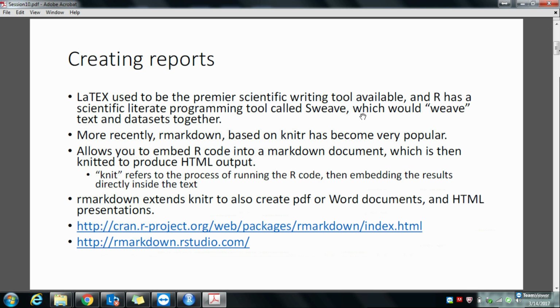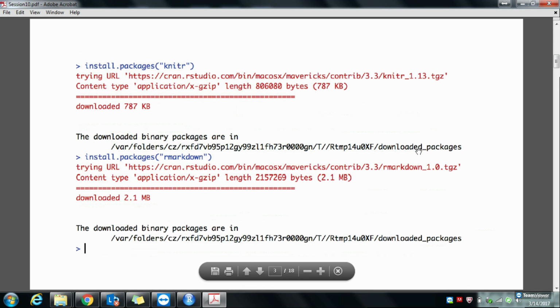You can embed results of your code too. So you can create an HTML output, you can create PDF, you can create Word documents. So without further delay, let's go into